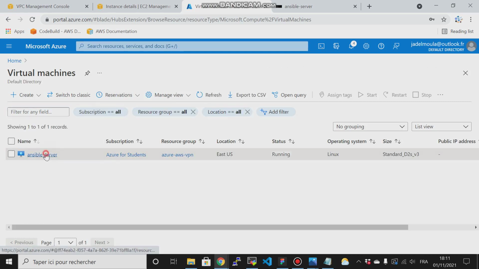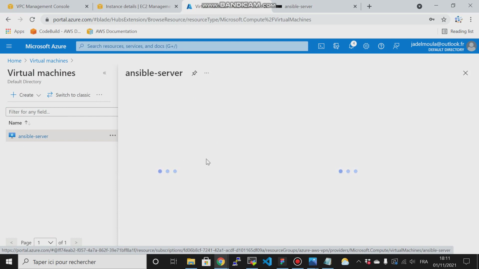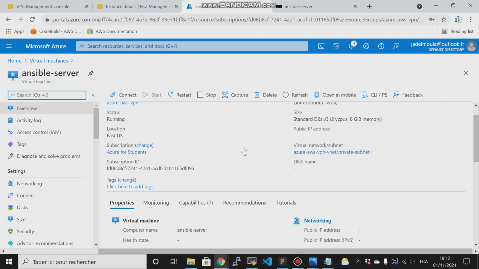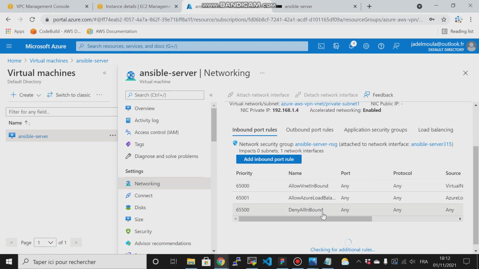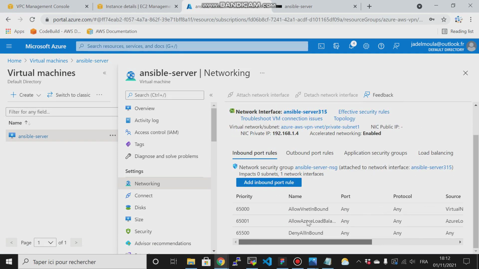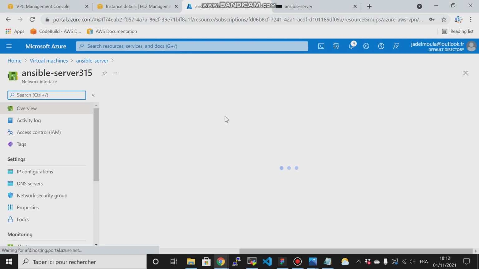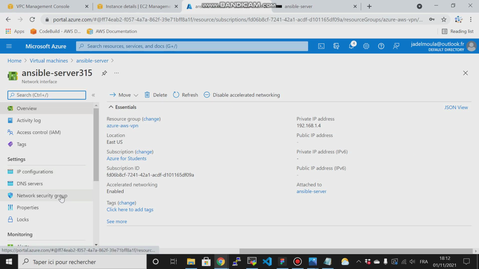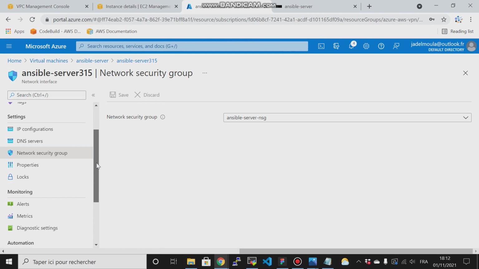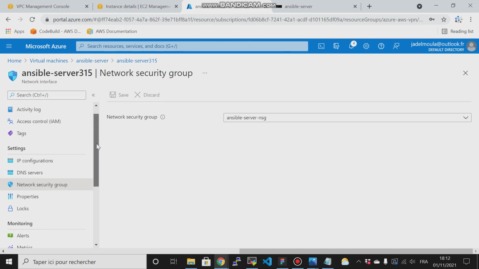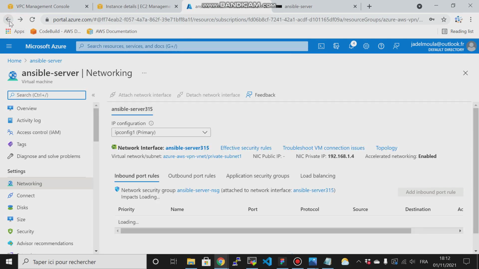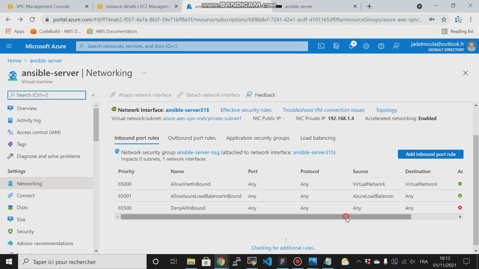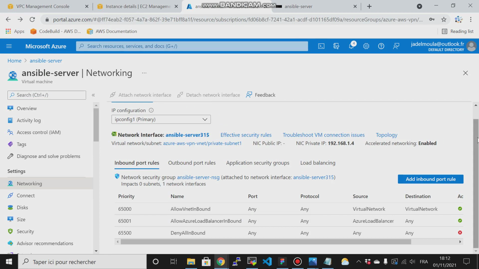and in that virtual machine I will go to the networking. We'll scroll down here, Ansible server, and then networking, security. Come back here to networking, and as you can see here, by default Azure